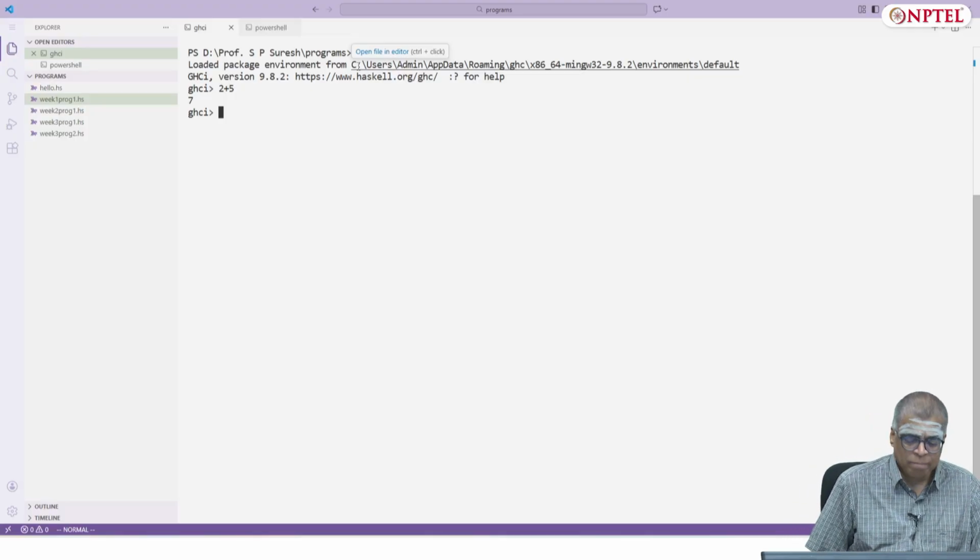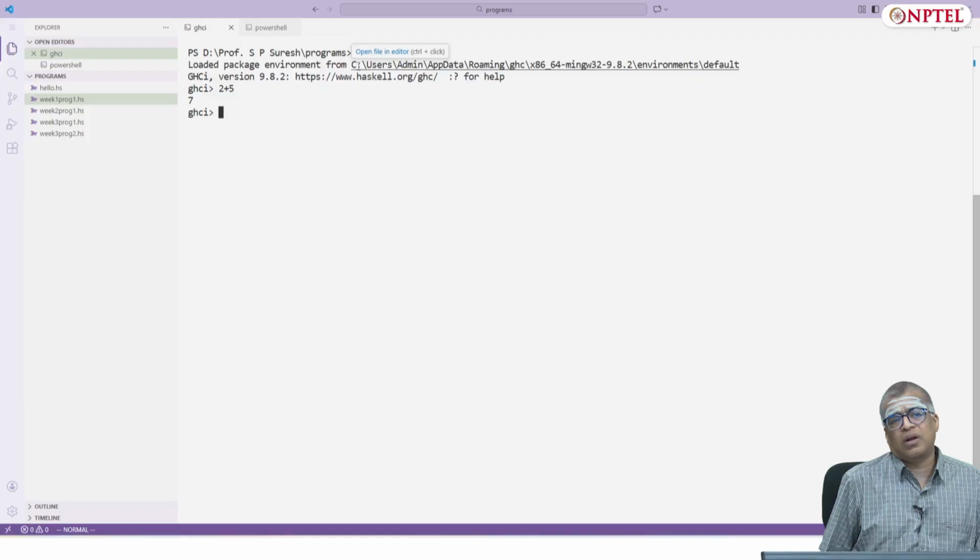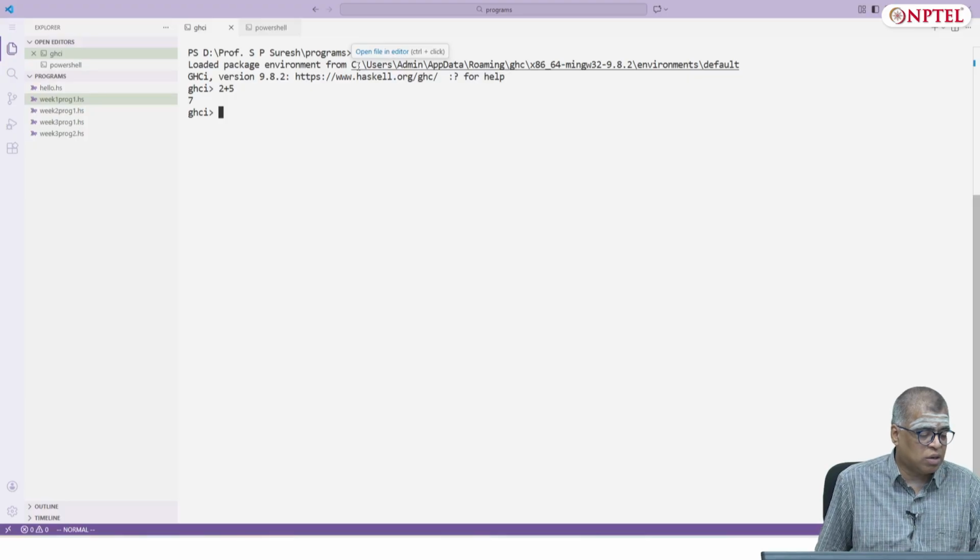Okay, REPL. So GHCI is the REPL, and for the initial part of the course, we will just be using GHCI. We will write our programs, load them in GHCI, and run them. But before loading programs in GHCI, let's look at what all you can do. You can write these expressions. You can write 2 plus 5. You can write 2 star 5. You can write true or false. As you can see, the result is true.